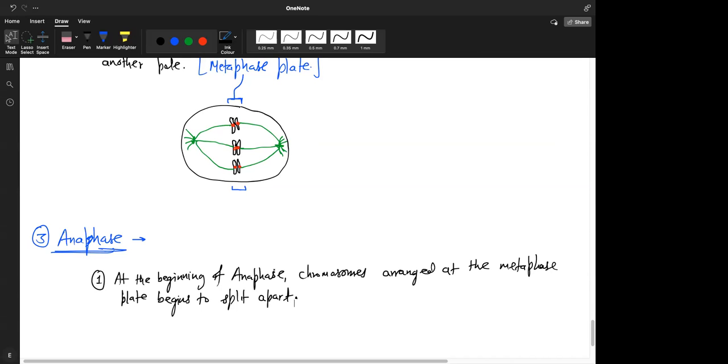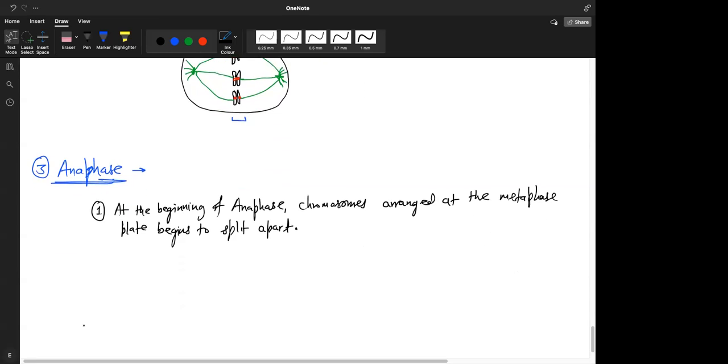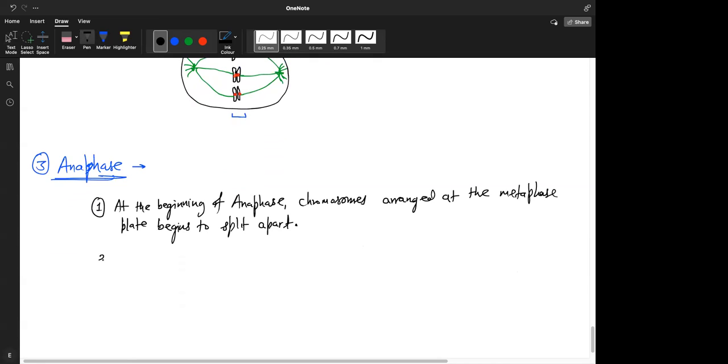In anaphase, the moment these two sister chromatids separate, so these two here are sister chromatids because they are joined together by a common centromere. The moment they split apart, they do not have a common centromere any longer. Is it clear? So now they are known as daughter chromatids. Write down. The daughter chromatids